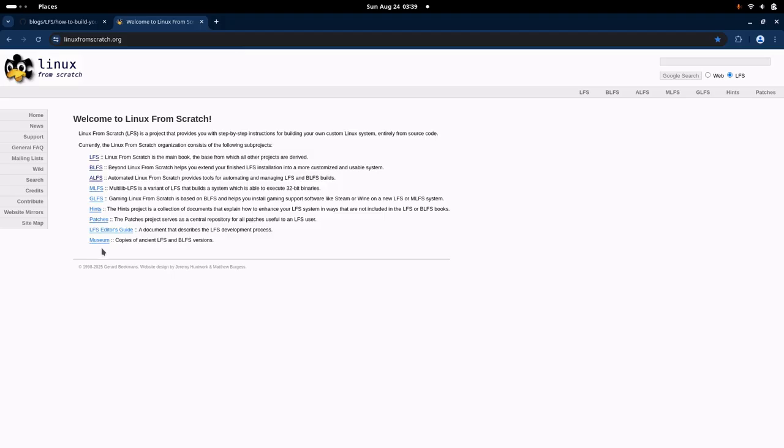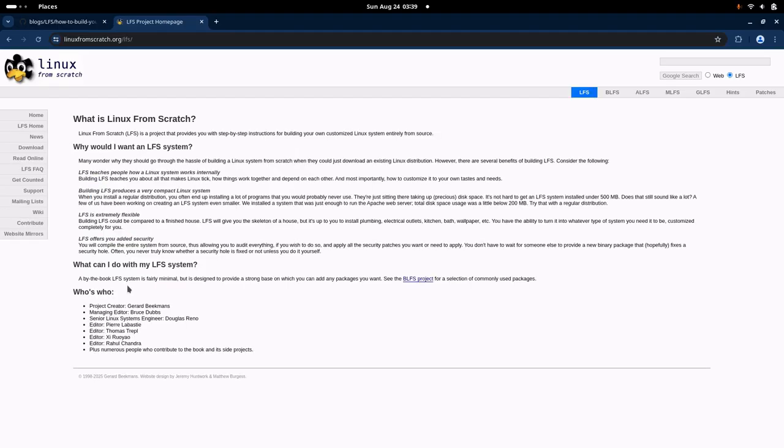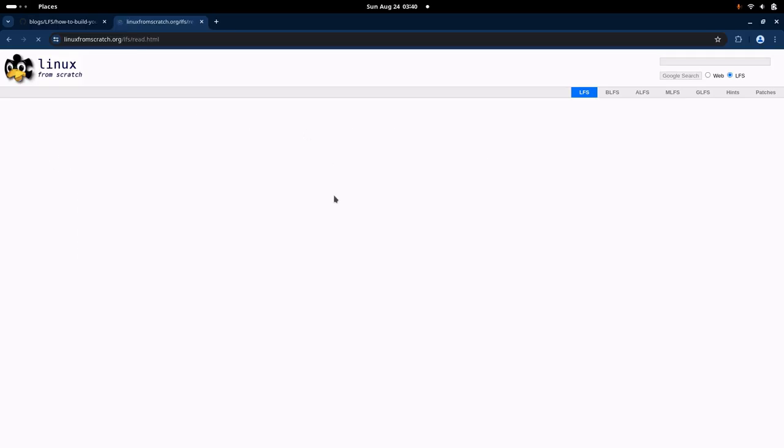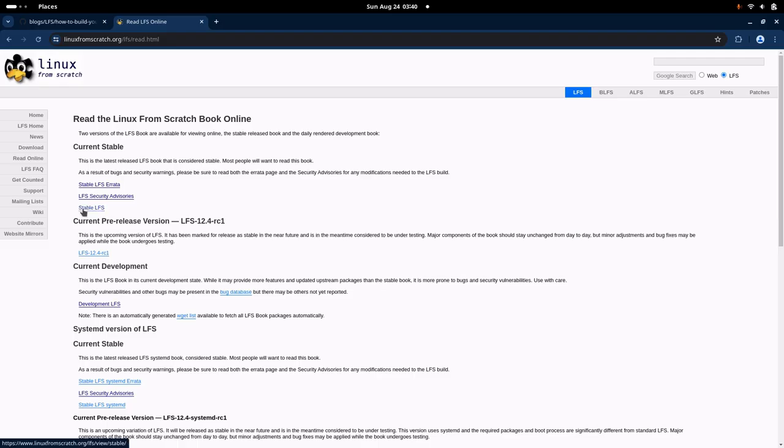These are all books that are provided by this community, wherein the first thing that you can try is the Linux from scratch main book. This is the base from which all the projects are derived. This is where we will be able to build a very minimalistic Linux operating system out of your base OS. So here if you go to read online, you will be redirected to the page